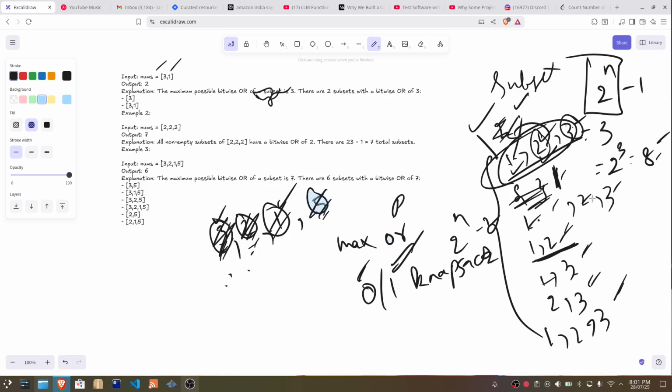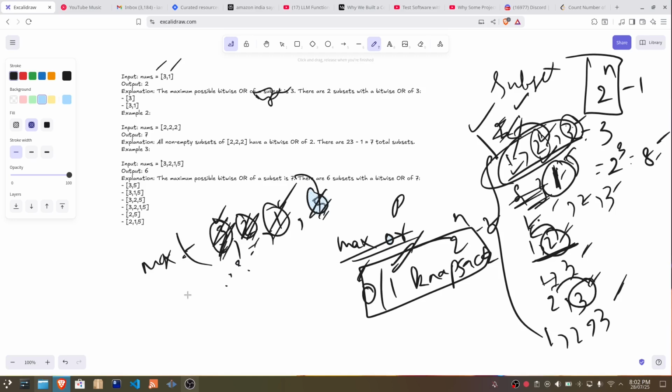And you eventually form all kinds of combinations. I will write some kind of pseudocode here. Suppose we have 3 and 1 here. You can either pick 3. Suppose I pick 3, I will have 3 in my answer. And then